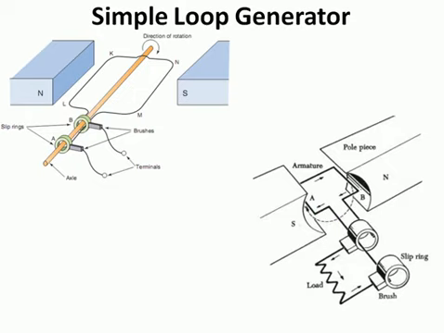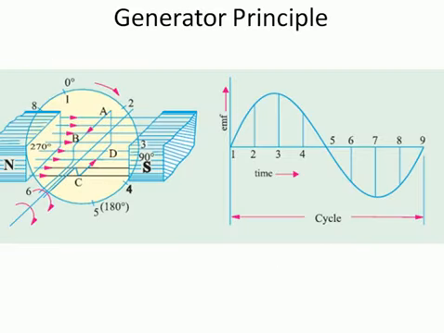Anyway, we will come to the detailed portion of it in the upcoming slides. So you just have to understand that the basic working principle of a DC generator is Faraday's law of electromagnetic induction, and the direction of induced EMF is identified by using Fleming's right hand rule. Next we are going to learn about the nature of induced EMF in a DC generator.